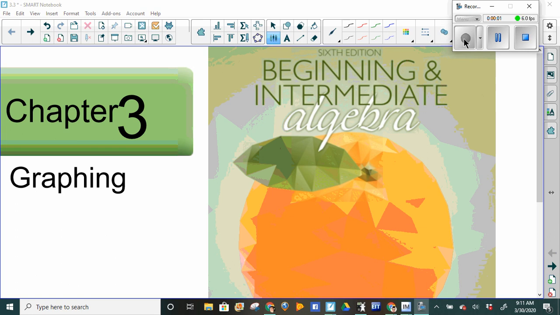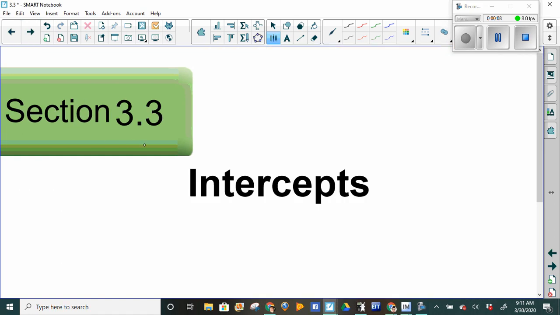Okay, so today we're going to start with chapter 3, and we are starting on section 3.3, which is talking about the intercepts. So going back to what we were doing before spring break, where we started with the graphing,